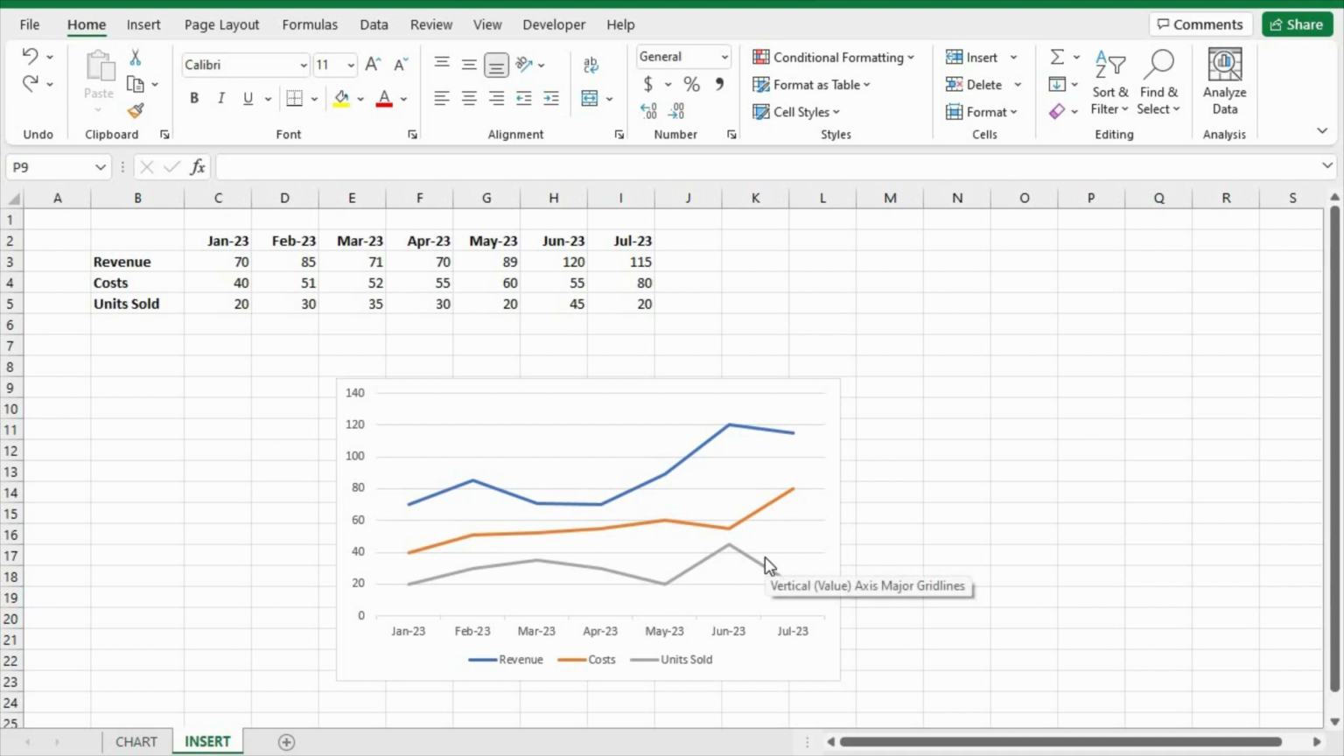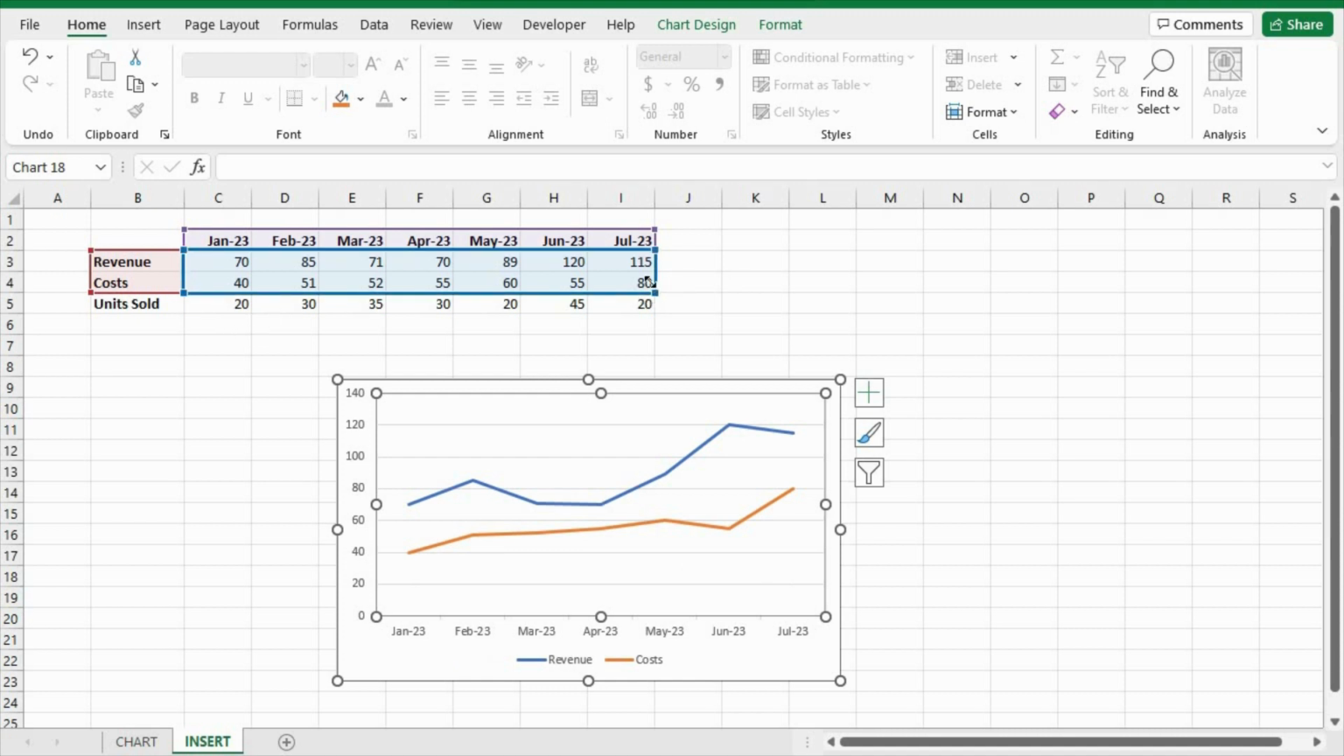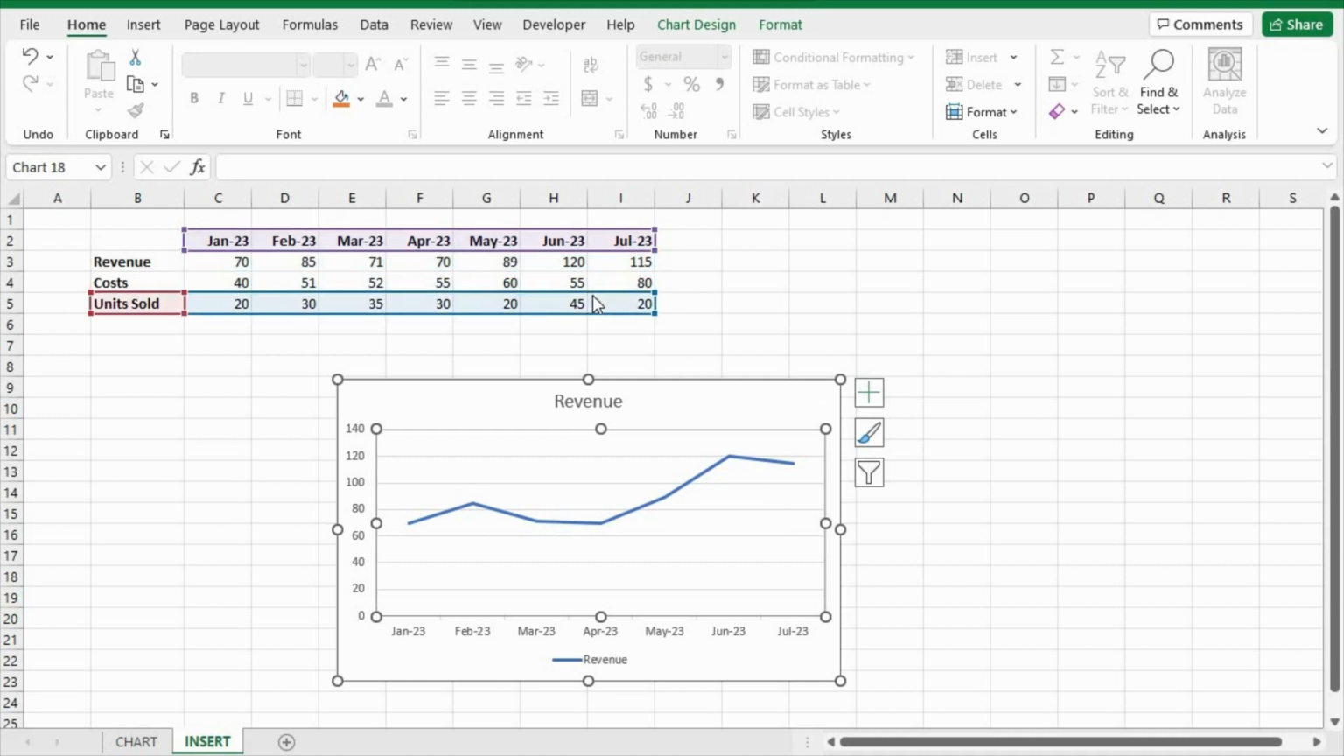You can also easily change the data in your chart by clicking on the chart and then using these colored ranges. So let's say I don't want to show units sold, I can just drag that in. Or if I wanted to just show revenue, or if I wanted to move it all together and just show units sold,